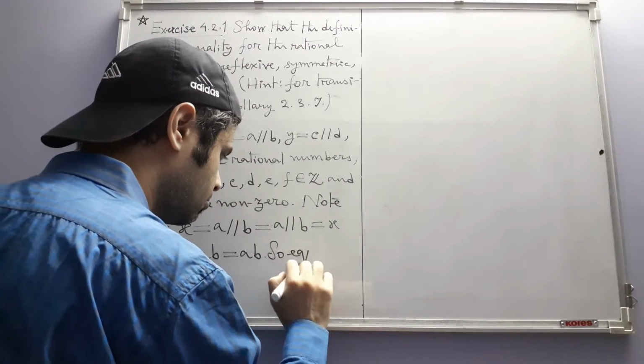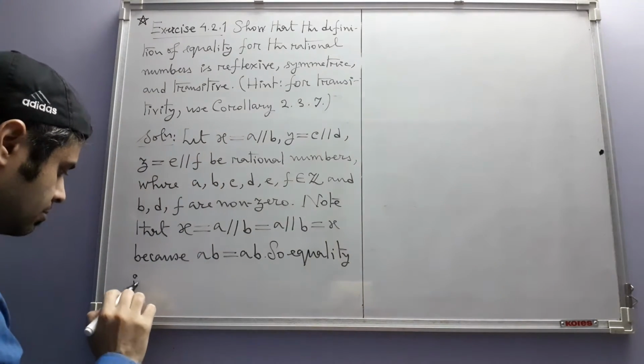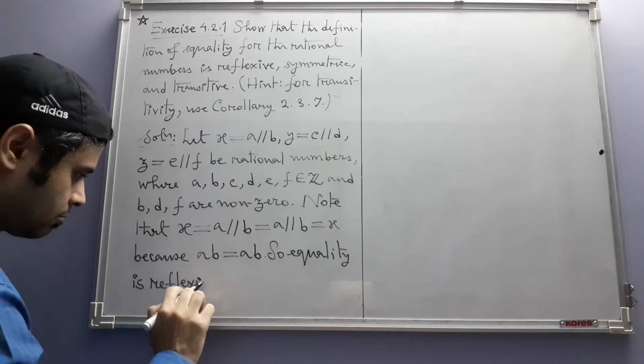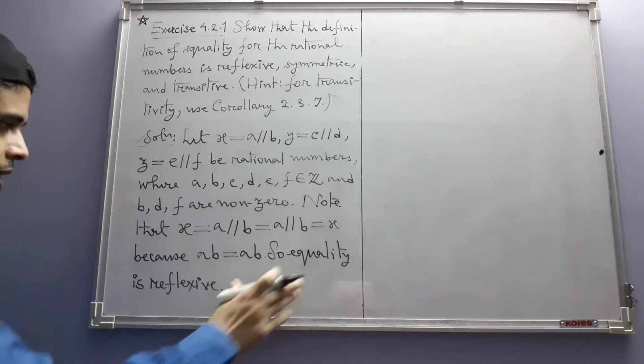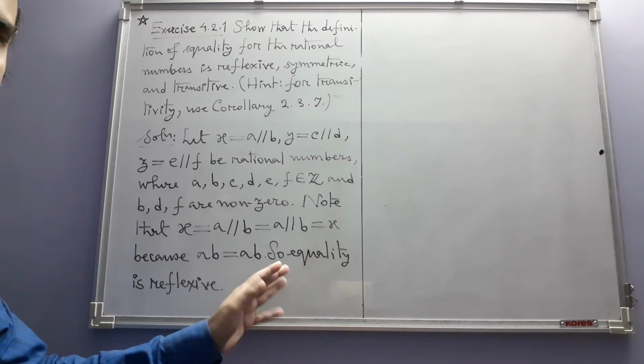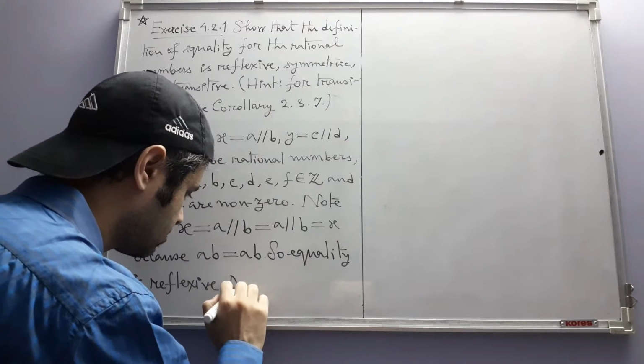So equality is reflexive. We just simply write equality. In this context, equality means equality of two rational numbers. Next,